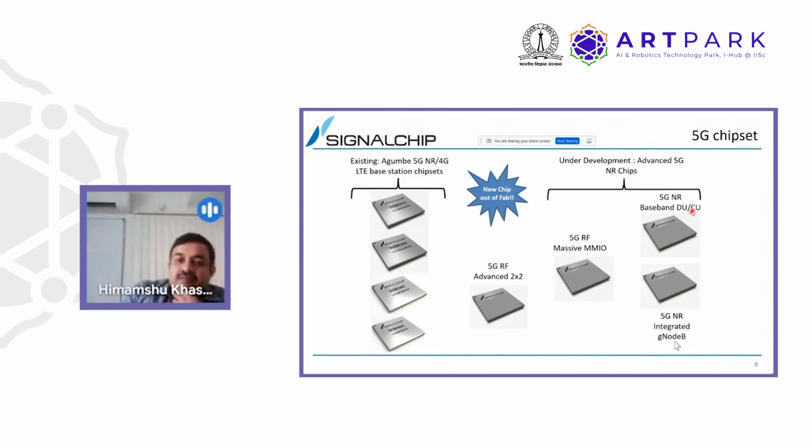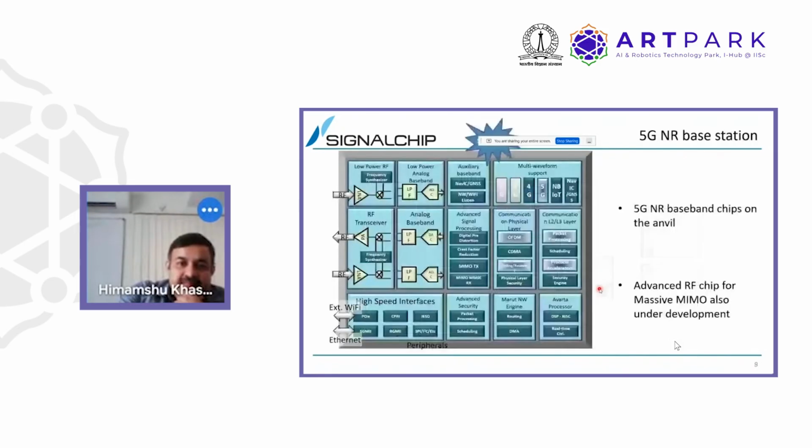And then we have the baseband chip taking from the 4G baseband. We have 2 chips coming out here. One is a high capability DUCU chip where you could run the distributed unit on this optimal chipset, and then also integrated G-Node B for a single box kind of a solution with compact footprint. So these are the chipsets which are currently being worked upon by us, and hopefully soon we will see these also in the market.